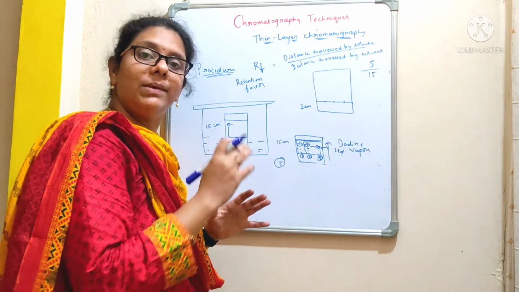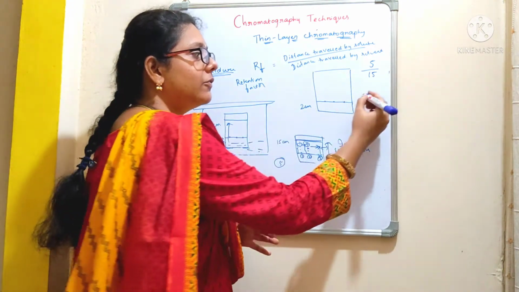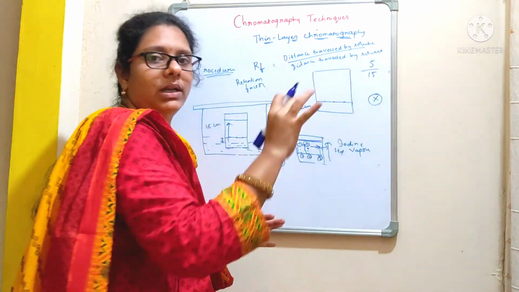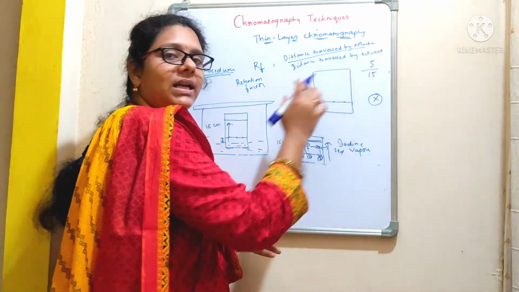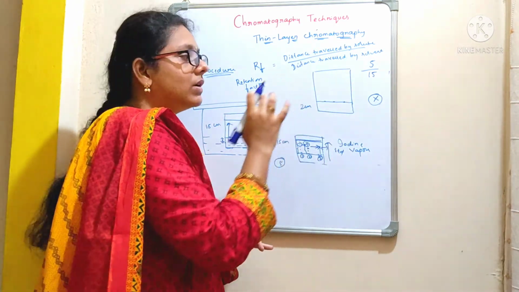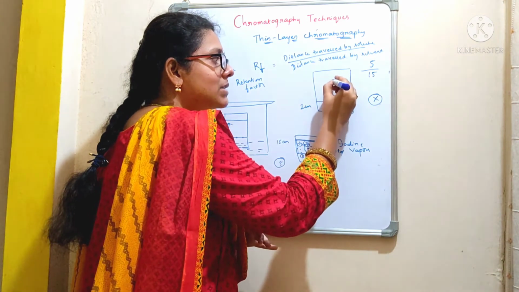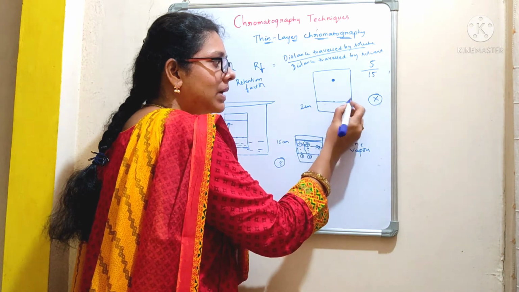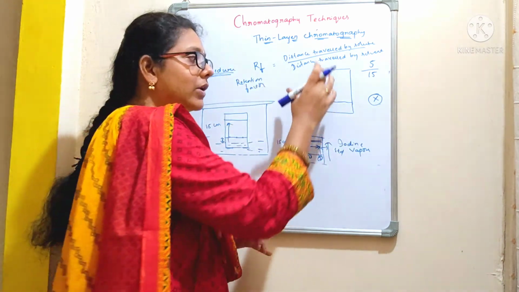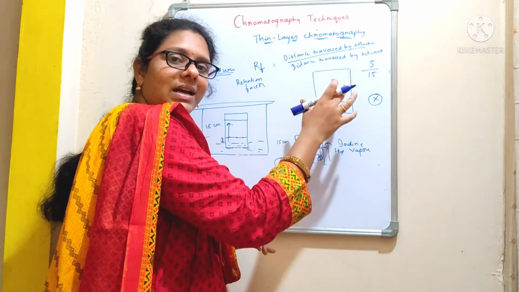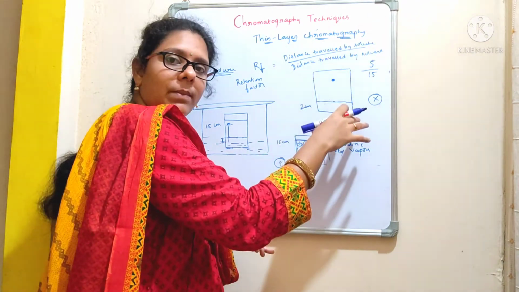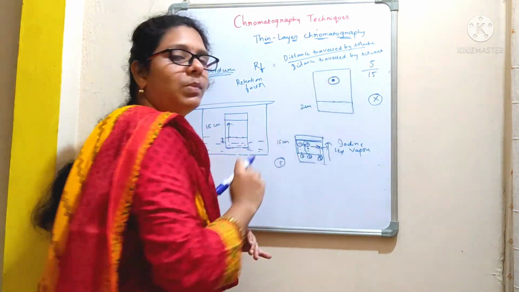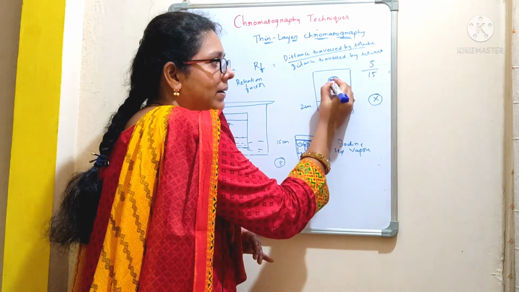If you want to assess the purity of the sample, for example if you have a sample X that contains compound X only, and when you perform a TLC, how many spots do you need to get? You need to get a single spot. You have applied only one sample and that sample contains only one compound, right? After you perform TLC, after the sheet gets dried, when you remove it from the chamber and expose it to iodine vapors, you can clearly observe a spot or a band, right?